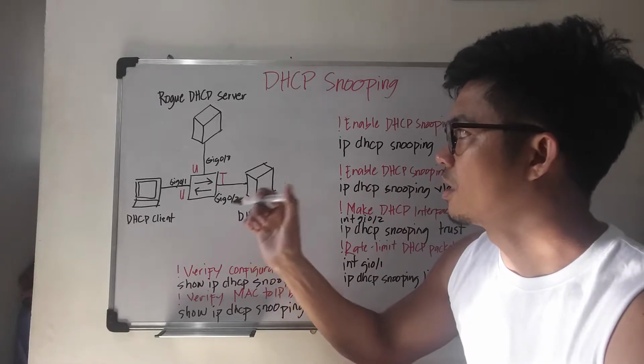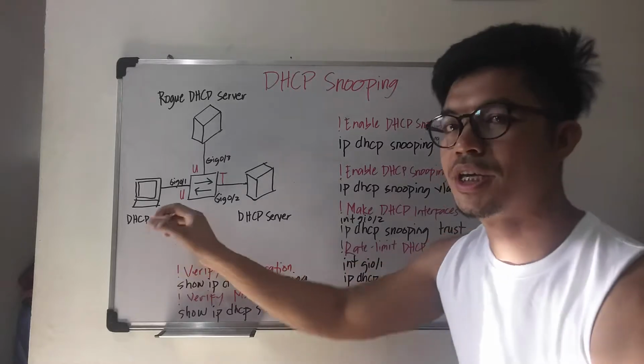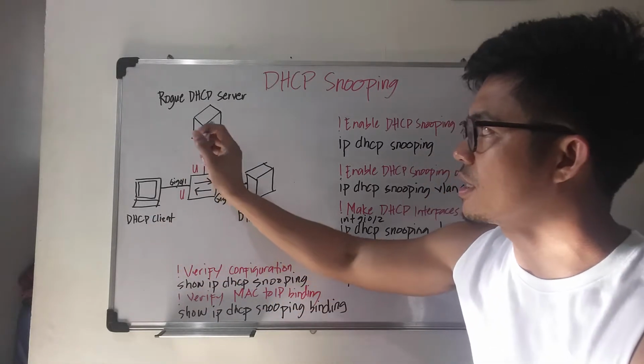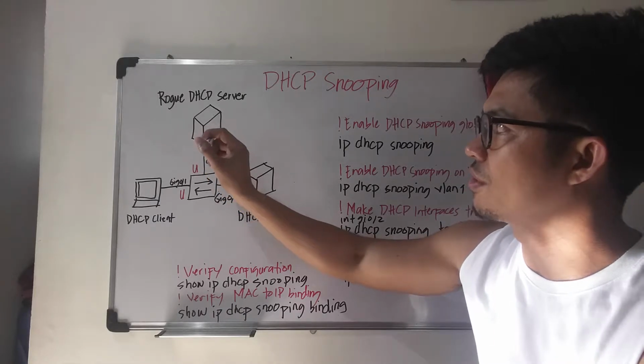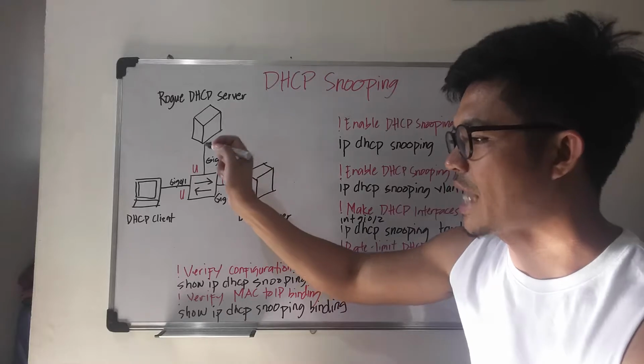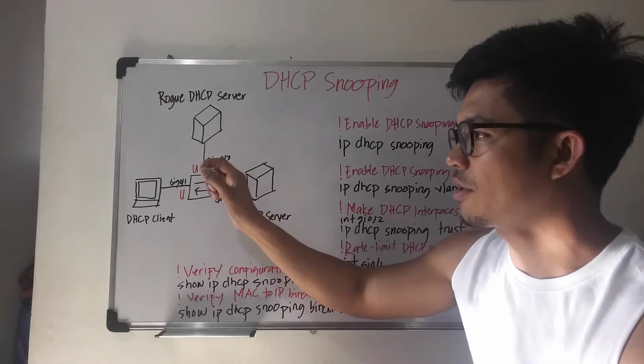That is called a man-in-the-middle attack, because this host might think that its gateway IP is the attacker's computer. So the attacker can